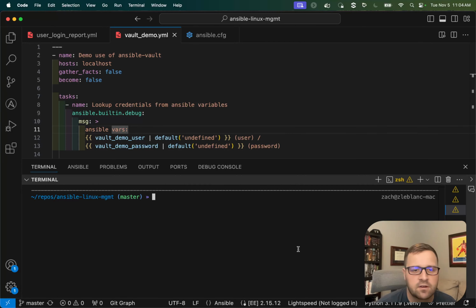Hey everyone, Zach here. Today I'm going to walk through how you can use Ansible Vault for your local development of Ansible playbooks, and then also talk about how I integrate that into my more production workflows, leveraging Ansible Automation